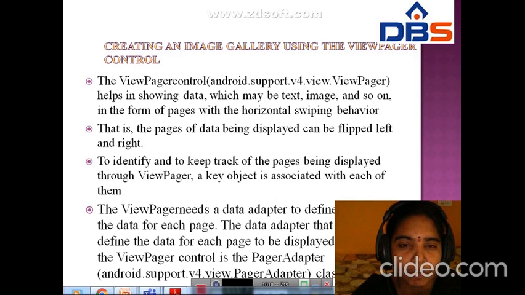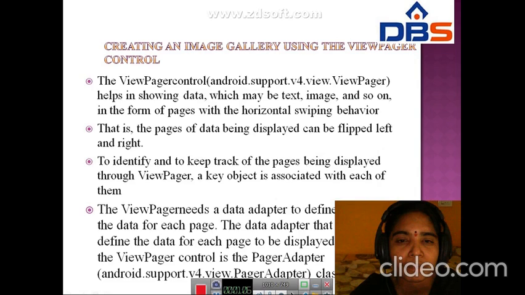The view pager needs a data adapter to define and load the data for each page. The data adapter used to define the data for each page displayed through the view pager control is the PagerAdapter, the android.support.v4.view.PagerAdapter class.